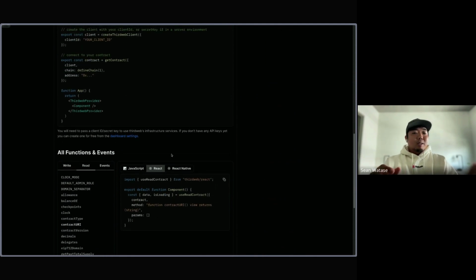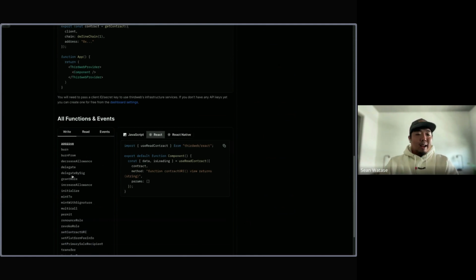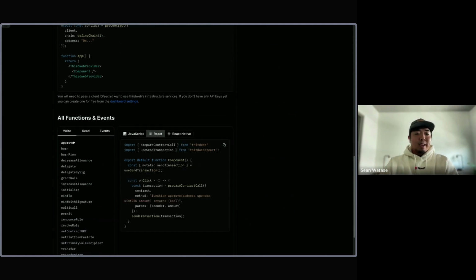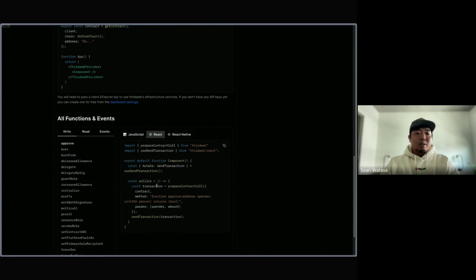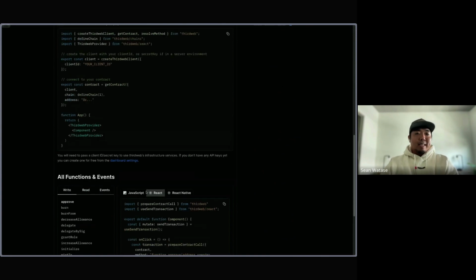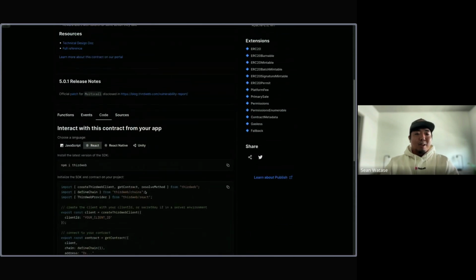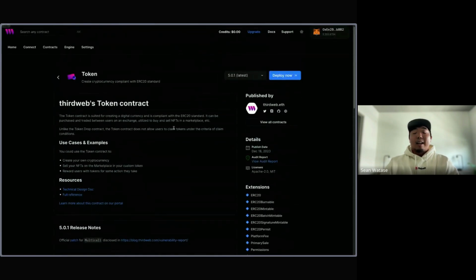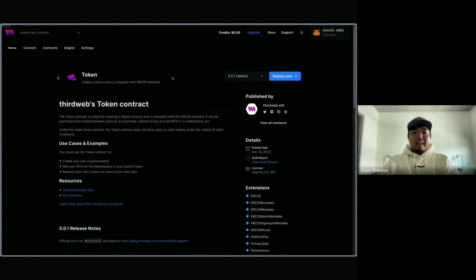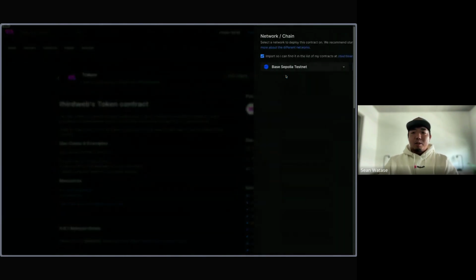So it's a really great place, especially if you're starting off. You can go back and forth and see, hey, I want to approve a user on this contract here, and then you have all the functions on how to prepare the contract call, what you need to pass, the parameters, and all of that to make sure that it works. So a great place and reference if you're starting to build out an application with the Thirdweb Connect SDK. But back to deploying here,